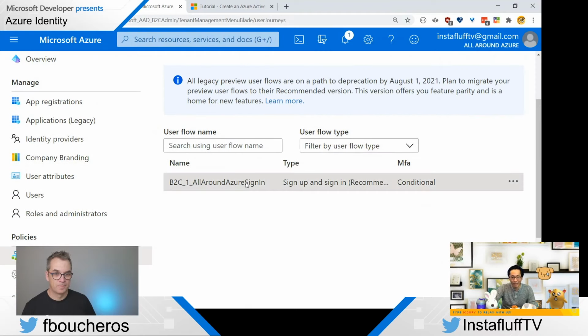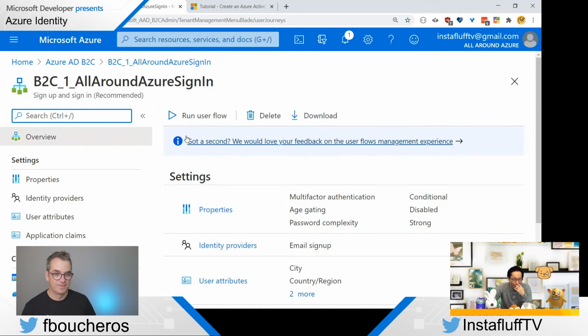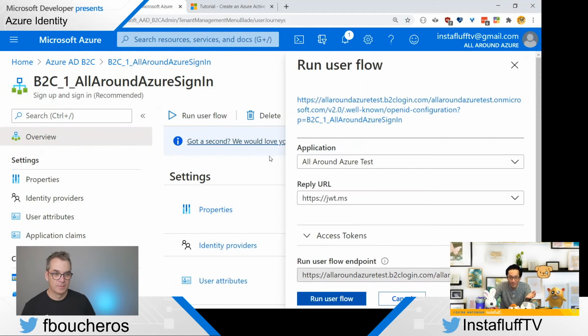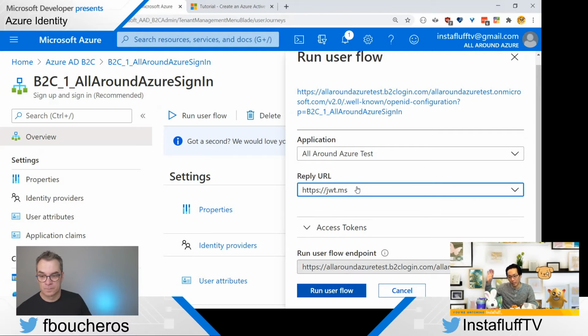Okay, so here's now what we're gonna do. That's pretty much it. That's all you have to do to get it all set up, and now you got this page. This is the user flow endpoint, and right now the reply URL is the one that I set, but you can set it to be your actual website. This is where you'll want to redirect your users to. If you have your web page set up, then this is where it's going to go, and I set it up to the JWT as part of the user flow, where the JWT is like the JavaScript web token or something like that.